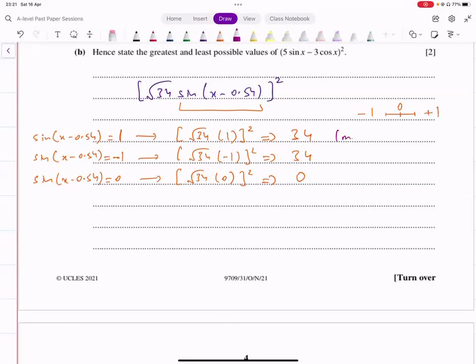अब तीनों में से आपने देख लेना, जो सबसे बड़ी वैल्यू है उसको आप मैक्सिमम कह दें, जो सबसे छोटी वैल्यू है उसको आप मिनिमम कह दें। So you'll say the greatest possible value that you've got here for this function, that is 34, and the least possible value of this function is 0। तो basically आपको सिर्फ क्या करना है, इन पॉइंट्स पे चेक कर लेना होता है। साइन या कॉस हो, आपने -1 पे चेक करना है, 0 पे चेक करना है, 1 पे चेक करना है। Of course given that they are part of the domain, आपके domain के अंदर वो values आ सकती हैं sin और cos की, आपने इन values पे बस check कर लेना है